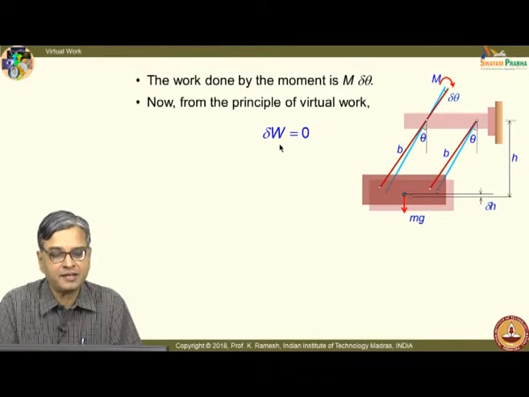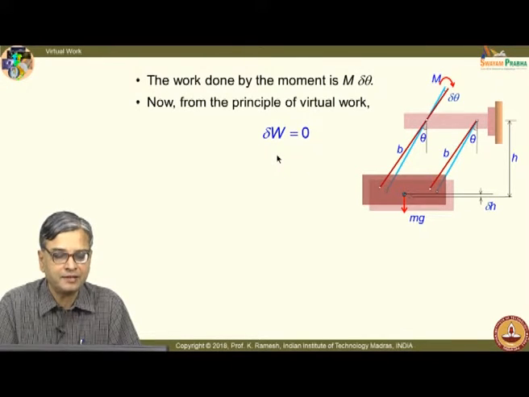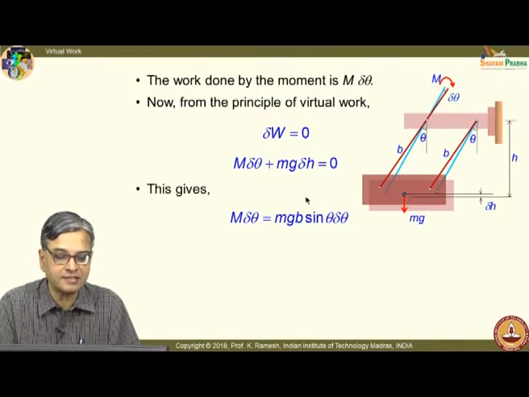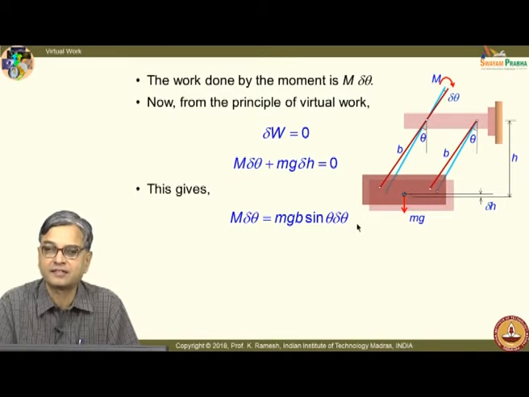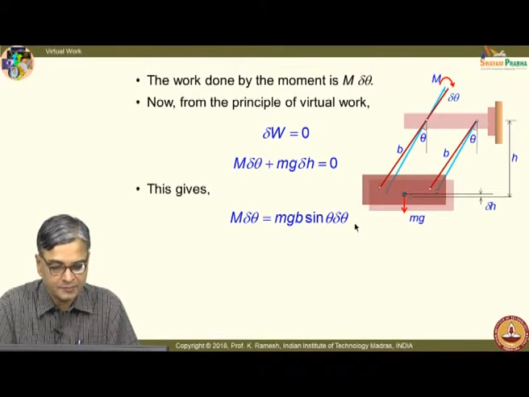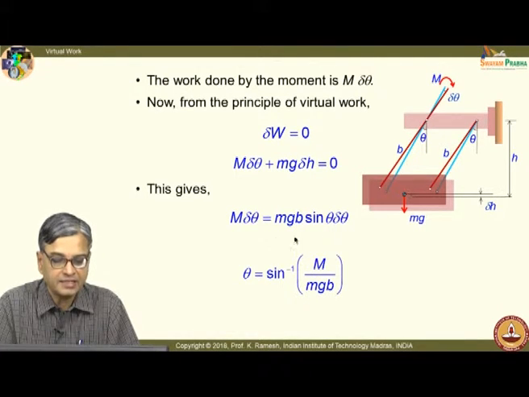So, that you learn the basics of the method thoroughly, then you can handle multiple degrees of freedom systems. So, I would just write whatever I have got: m delta theta, minus mg delta h. We have already seen plus mg delta h; from the mathematics we got this as minus. So, when I put it on the other side, I get the expression m delta theta equal to mgb sin theta delta theta. So, I cancel out delta theta. So, I get an expression for theta as sin inverse of m by